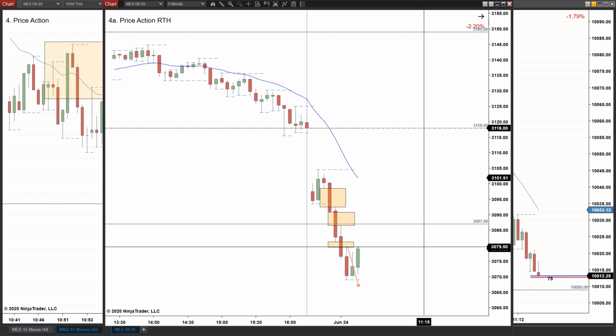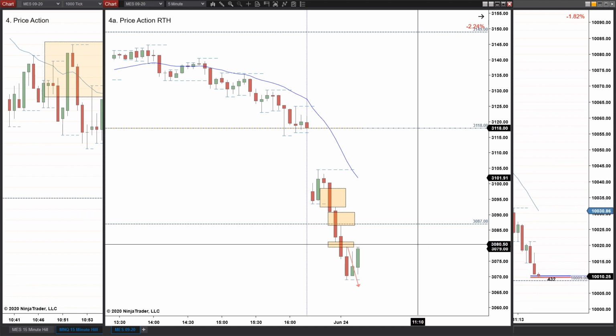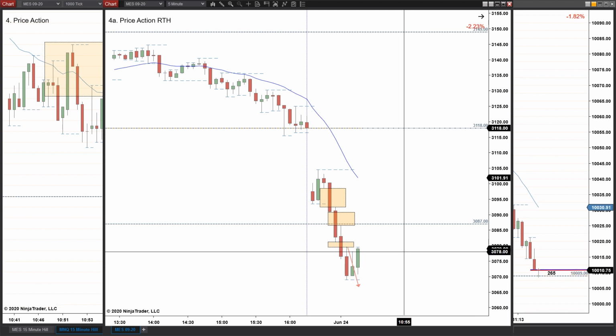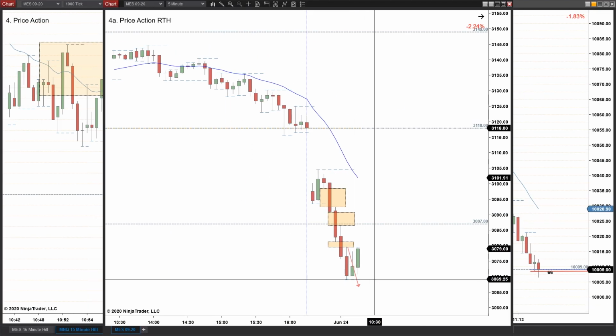We go back up, run straight into the brick wall of that gap, kind of expected. And again, like we were talking about, if you're playing the trap role, if you're a trapper, then sellers are going to be selling in the face of those buyers, knowing that it's a bad buy signal, selling above this bull bar. Conversely, you could be waiting for a bear bar to turn back down, or you could be waiting to maybe sell the bottom of the gap zone with a stop above the next one.